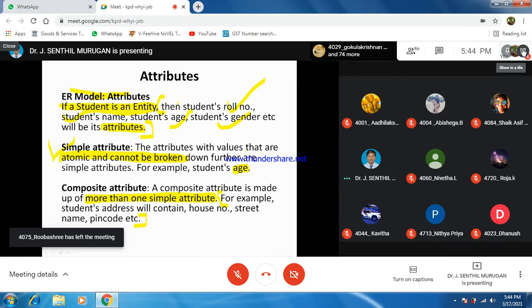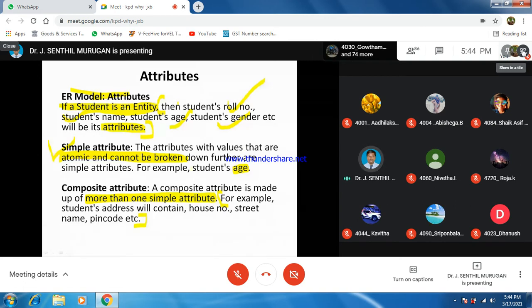Now, what is called a simple attribute? A simple attribute is nothing but atomic and cannot be broken. So age: can the age be broken? No. So it is called a simple attribute.